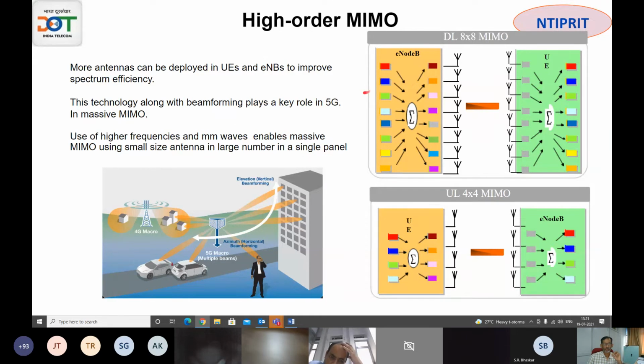So, and then there you have got a lot of area where, suppose one spectrum is given to one customer, but radiation is happening in all the areas. So power in fact is being wasted, so to say. So when you have 64 beams coming from the same antenna and using beam forming concept, the one customer is being served with maximum gain. That is one interesting aspect of massive MIMO. Secondly, his energy is concentrated there only. It is not unnecessarily wasted in other areas. So this higher order MIMO is actually a very revolutionary thing which is happening.